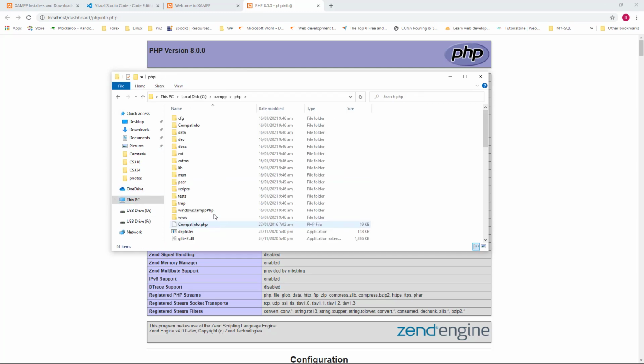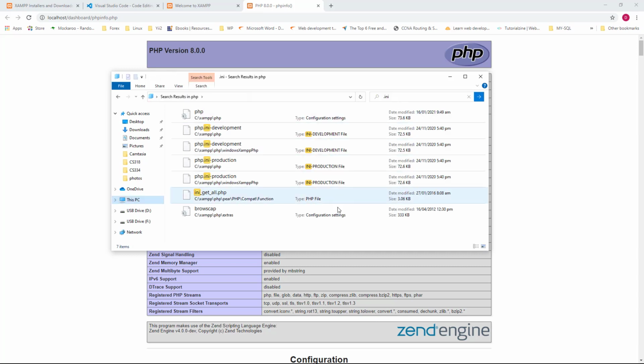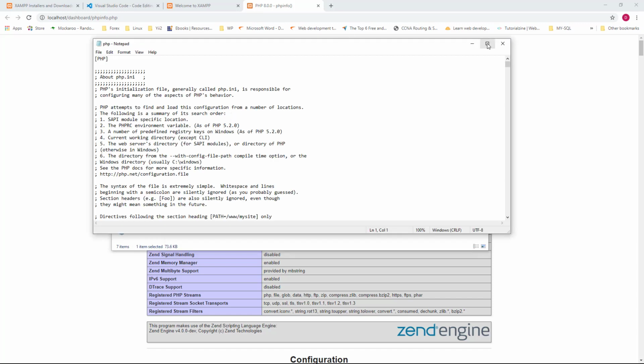And in our PHP directory, we can simply type .ini. And here we can see our configuration file with the little icon beside it. So if we want to open this up and take a look,